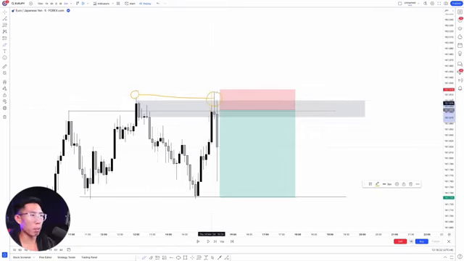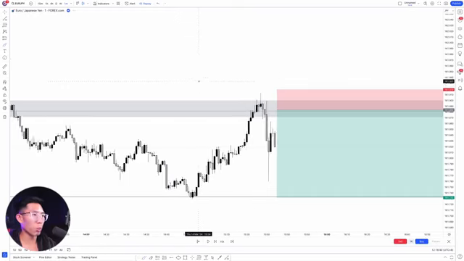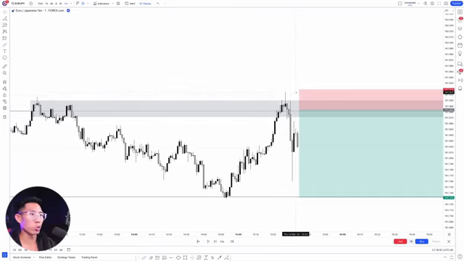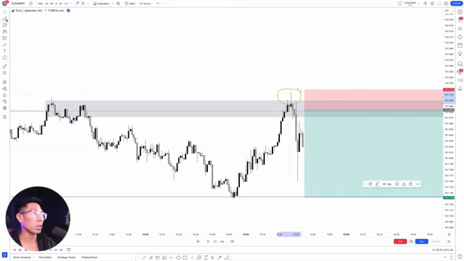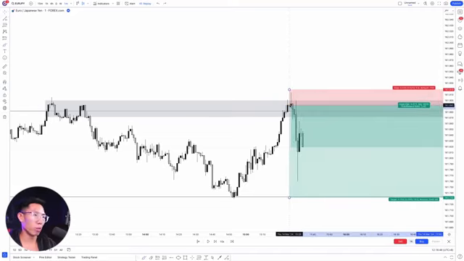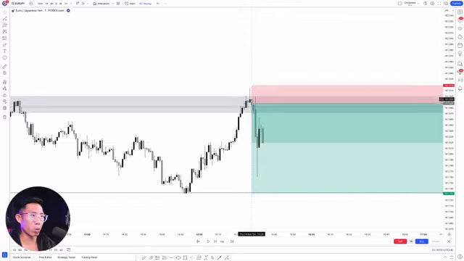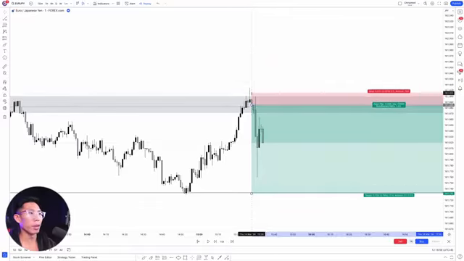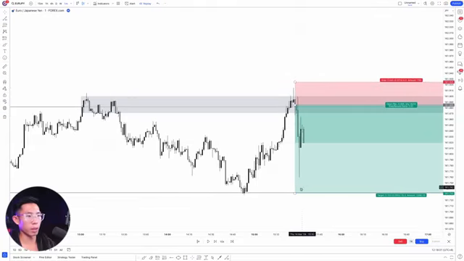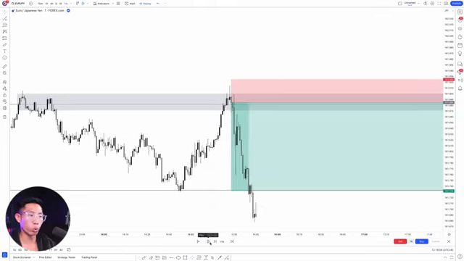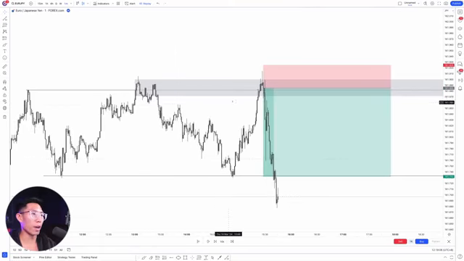So when price is breaking past this liquidity zone that we have right here, I wouldn't be really worried. If you go down to the smaller time frame, you realize that price is just simply sweeping the liquidity above these highs right here. So if you want a much better entry, you could have probably entered somewhere right around here, right after this liquidity sweep happened. You see this first sign of selling pressure right here, your bearish candlestick. Place your sell order right there manually, and then you can place your stop loss above these highs and take profit at this area right here. And you can see a huge move happens right after price sweeps the liquidity above the highs right here.